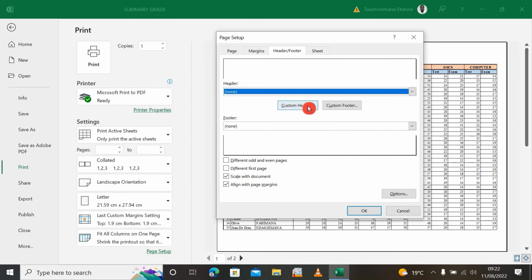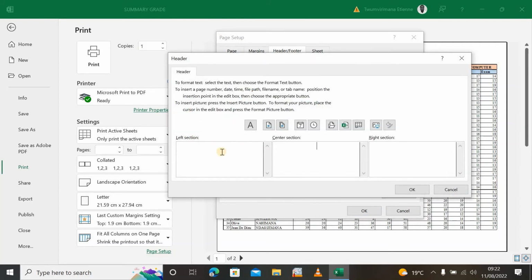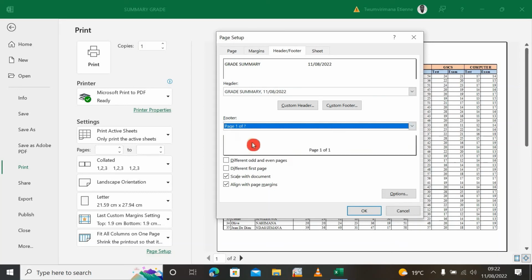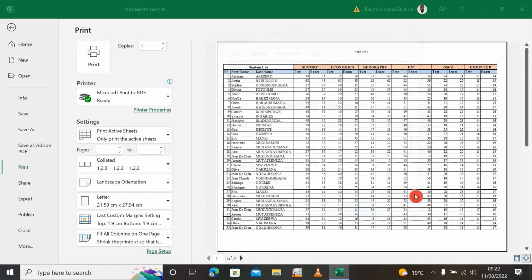In the footer here I want a custom footer. Let me put a grade summary, and here in the center I want to put a date, and I click OK. Let me go to custom and go to footer. Let me put page numbers, just one of, and here I confirm. I can now confirm. You can see here